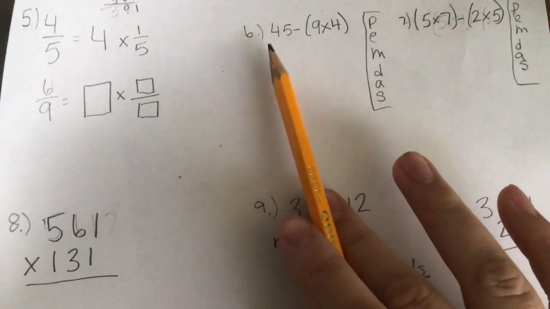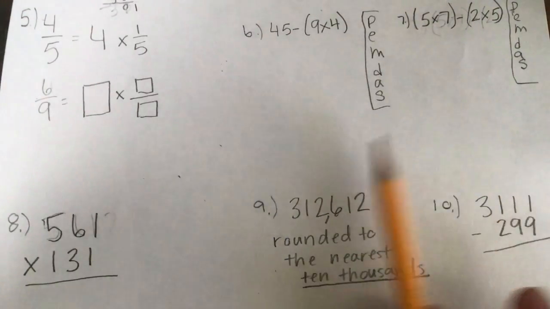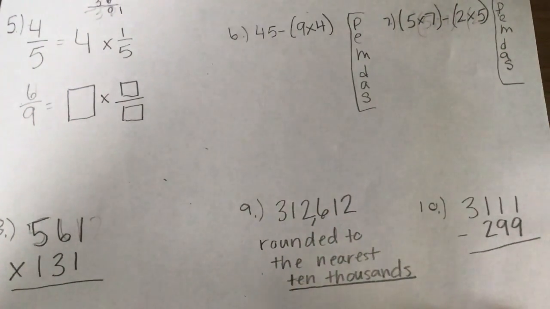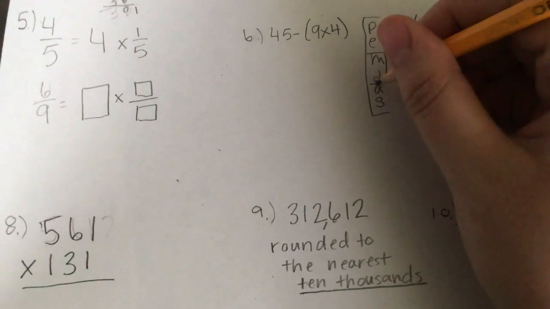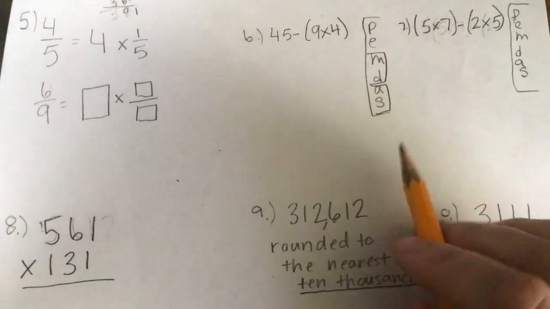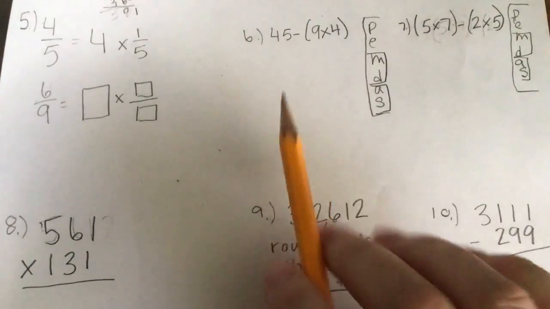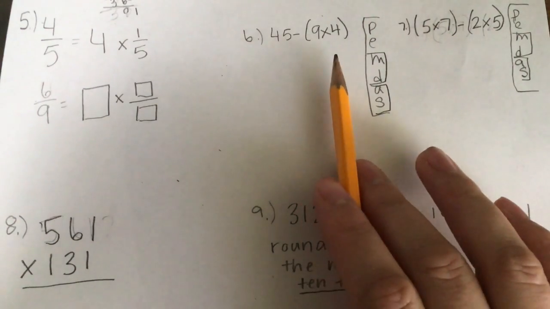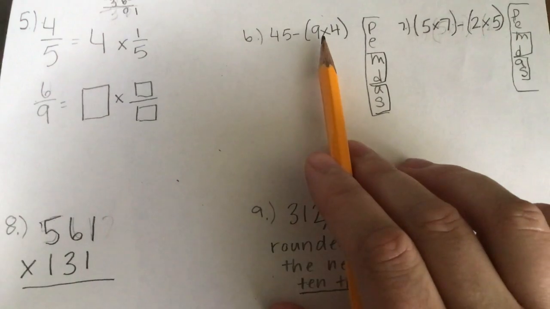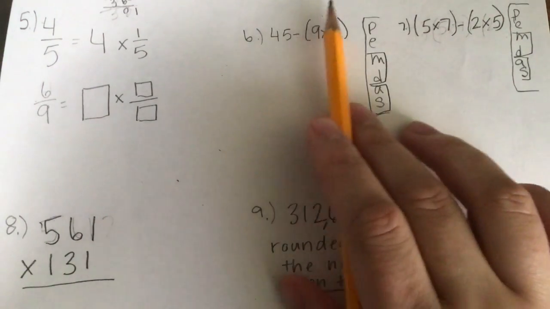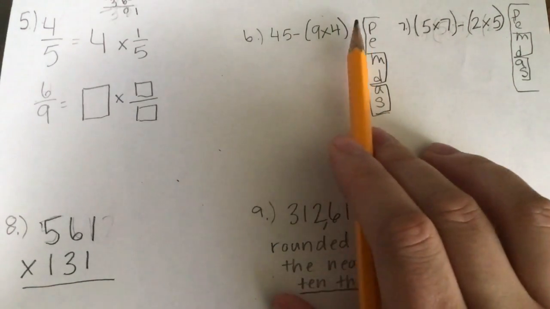Number 6, we have 2 PEMDAS. Ding, ding. Please excuse my dear Aunt Sally. Some things to remember, you guys. Remember, multiplication and division go together, and adding and subtracting go together. We don't have any exponents here, but if we were to have an exponent inside of our parentheses, we need to take care of the exponent first. If the exponent is outside of the parentheses, then you do the parentheses first, and then you do the exponents,